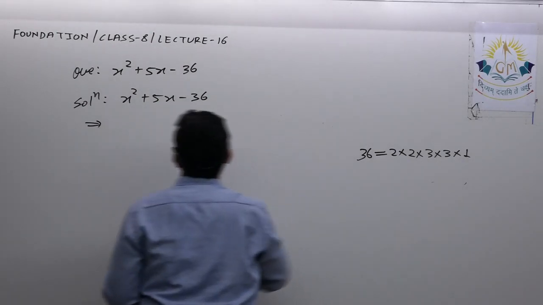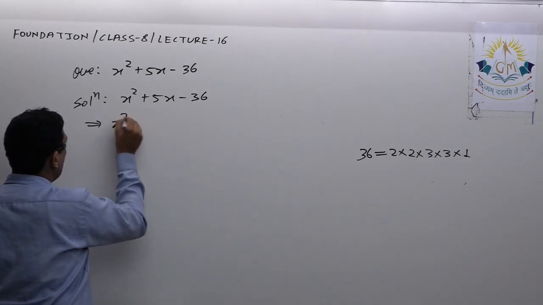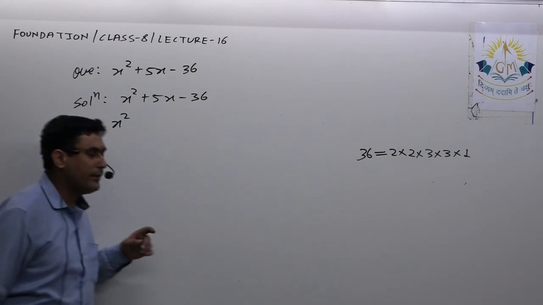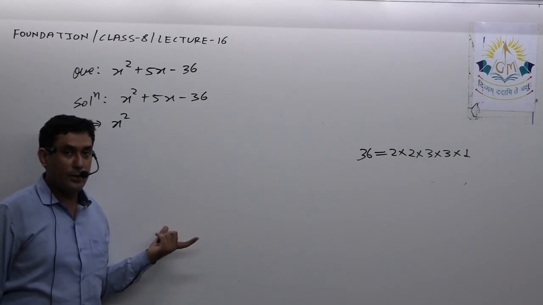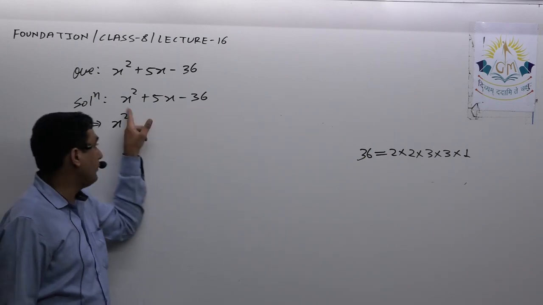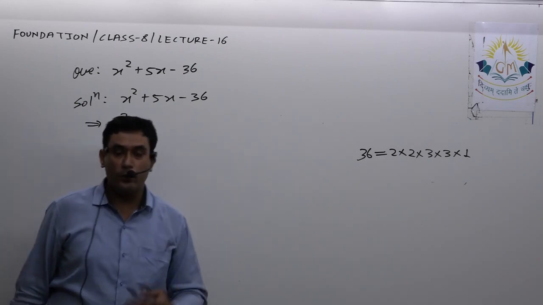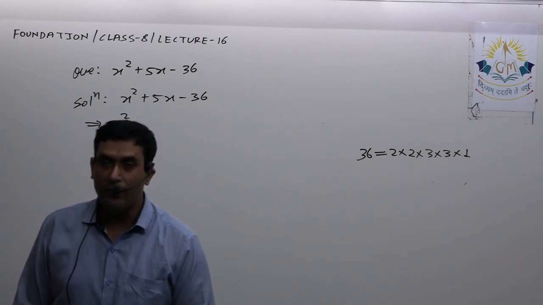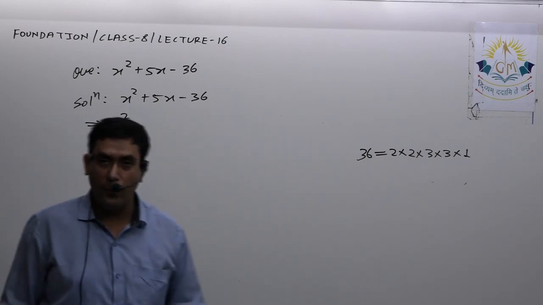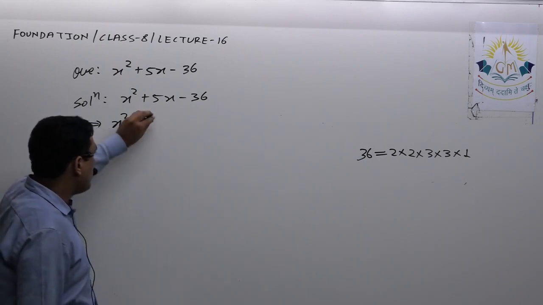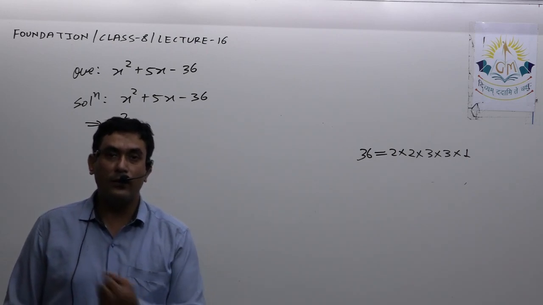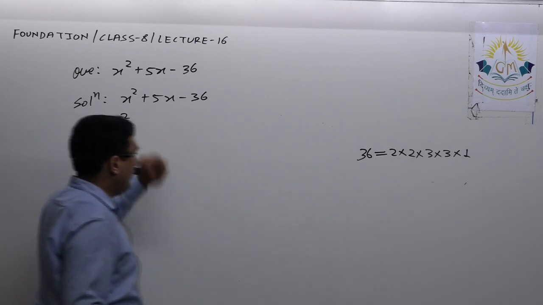Okay, so now we have to arrange these terms to get the sum as 5 or the difference as 5. So here again I can say the difference must be 5. Why am I saying difference? Because over here again the product is negative. The product of first and last is negative, and the product of two quantities is negative only if the signs of the terms are opposite. That means one will be positive, one will be negative. Also the middle term is positive. That means among those two terms, the term which is greater must be positive.